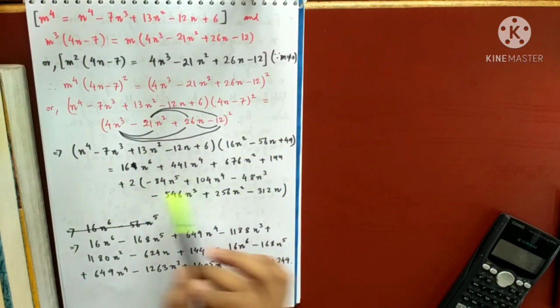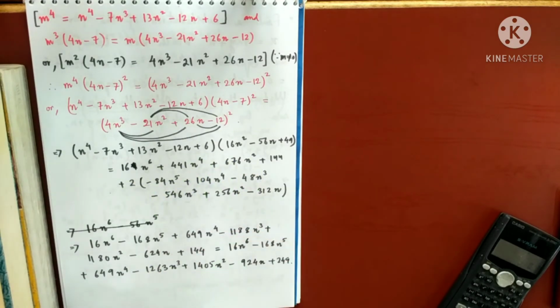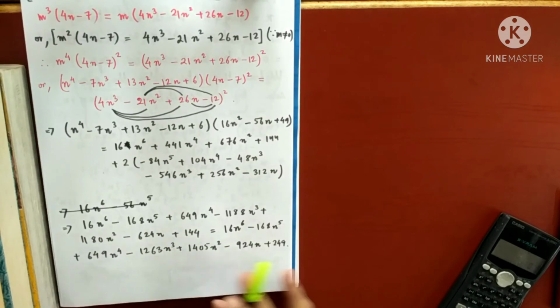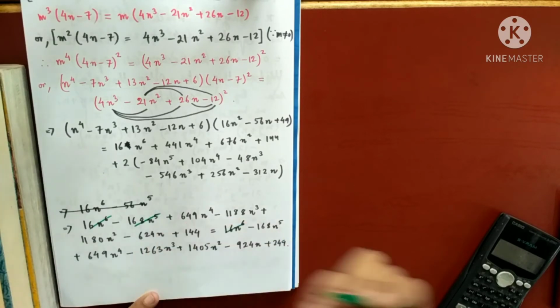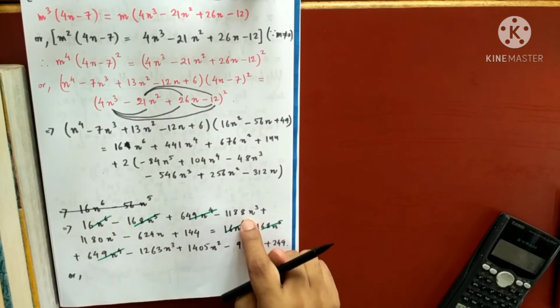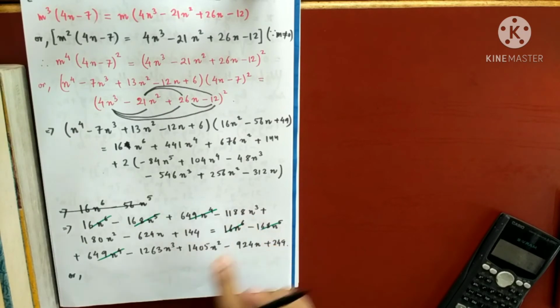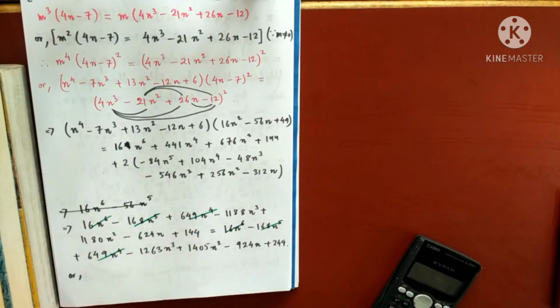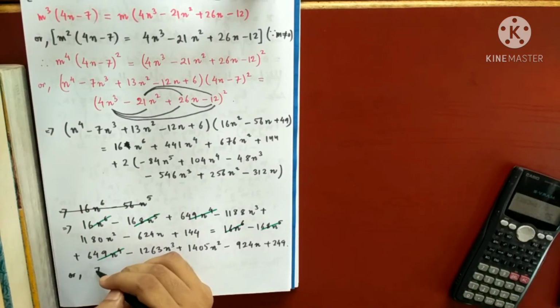And if you simplify this further, just multiplying by 2, adding all the like terms together, you'll end up with something here. You see what are we getting eventually? This is getting cancelled with this, this is getting cancelled with this, this is getting cancelled with this. So all the higher degree terms than 3 are all getting cancelled. So let's simplify. After simplifying, you see what am I getting? Minus 1188n cube plus 1263n cube. So 1263 minus 1188, we are getting 75n cube,